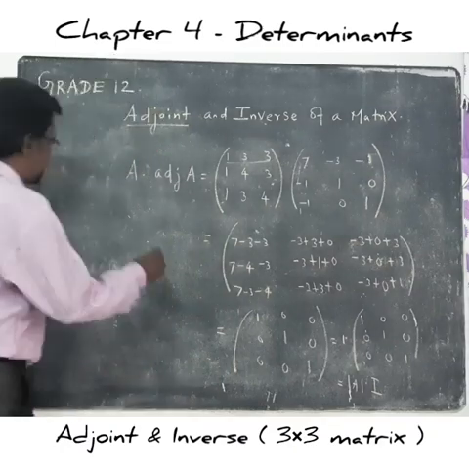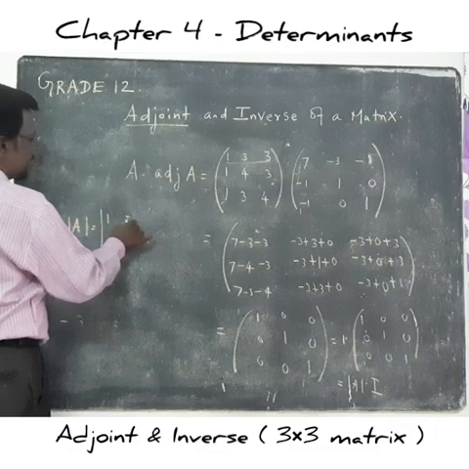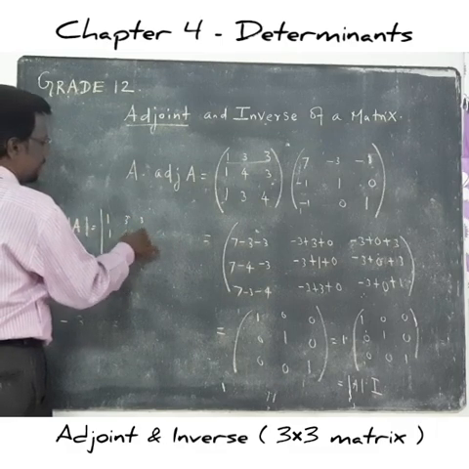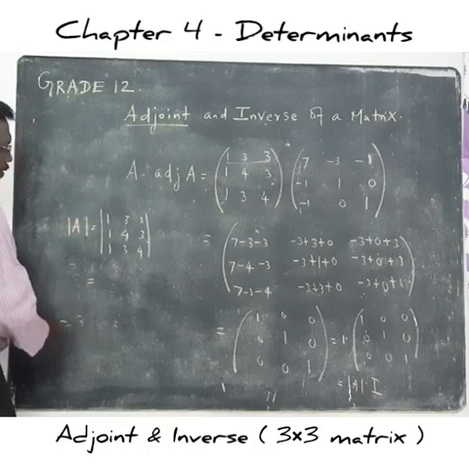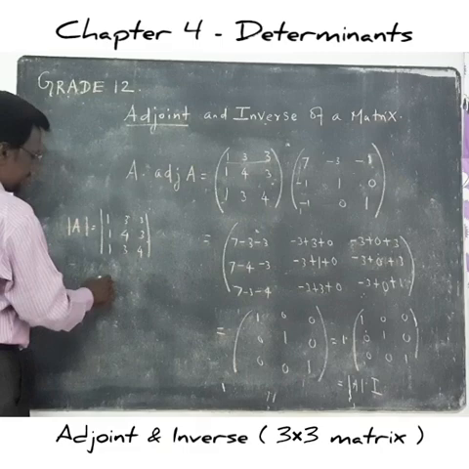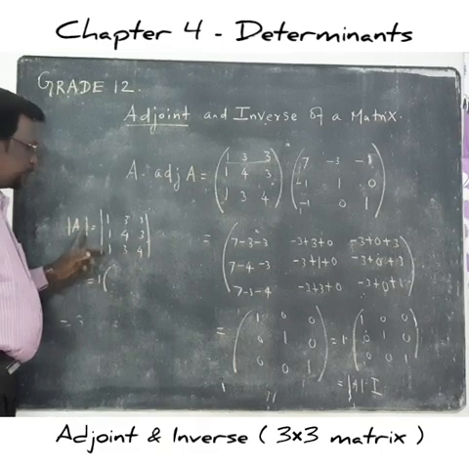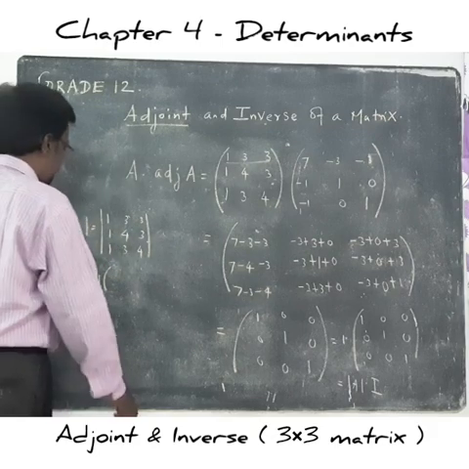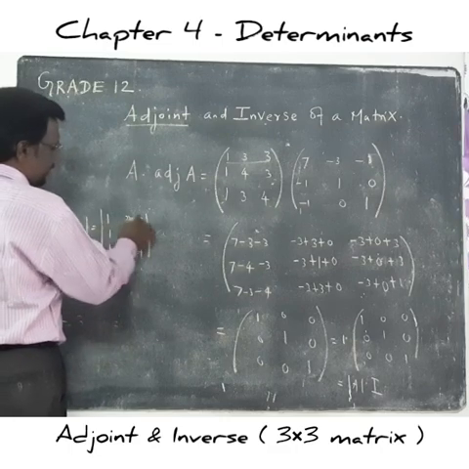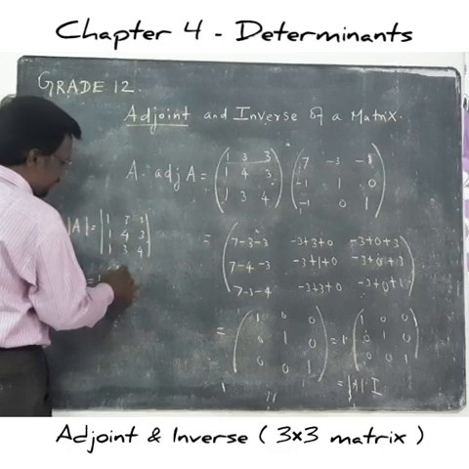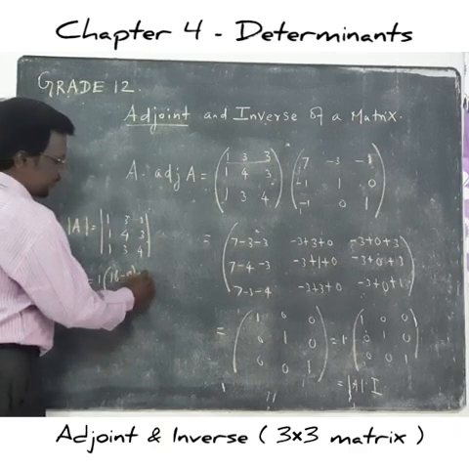Can you find what the determinant value of A is? That is 1 3 3, 1 4 3, 1 3 4. So how could we find the value of the determinant by expanding using the first row? So 1 into 4 into 4, you have to delete this row and this column, 4 into 4, 16 minus 9. Then the place value for this 3, so this is minus 3.